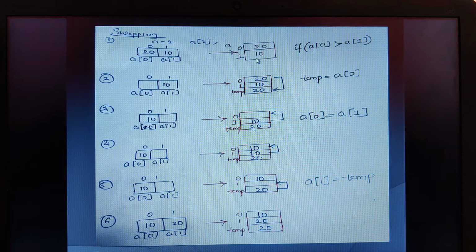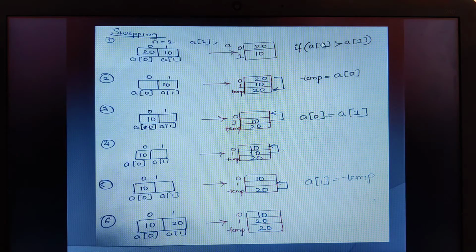Now here our task is to exchange these values. We are exchanging or interchanging these values by making use of a third variable known as temp. Now we are going to exchange these values based upon the condition that we are sorting in terms of the ascending order. Like this, we are just checking the condition.